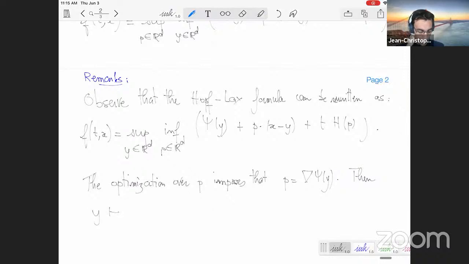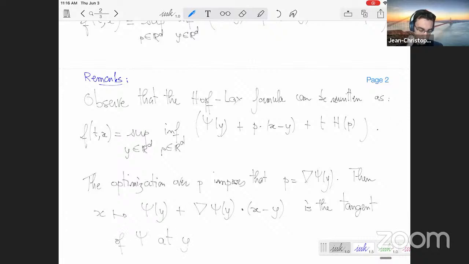So the mapping x gives psi of y plus grad psi of y dot x minus y, which is the tangent of psi at y. As a function of x, its gradient is constant, it's an affine function, and it's grad psi of y,